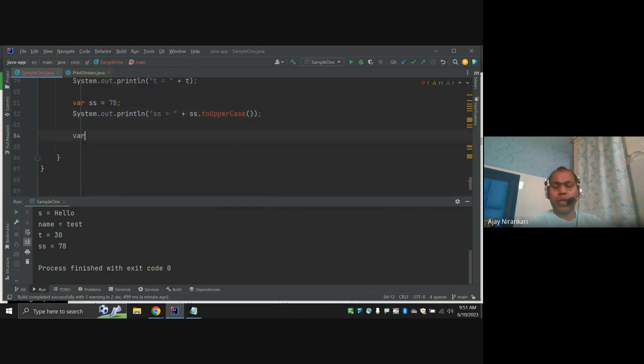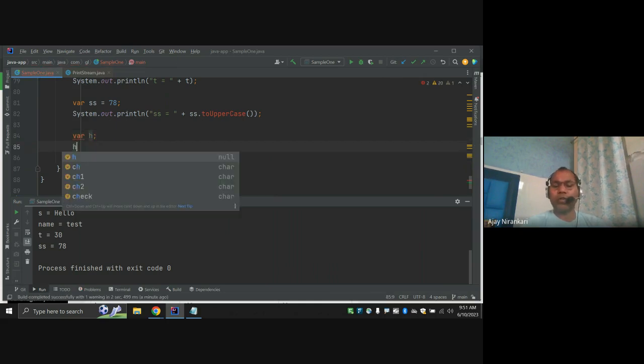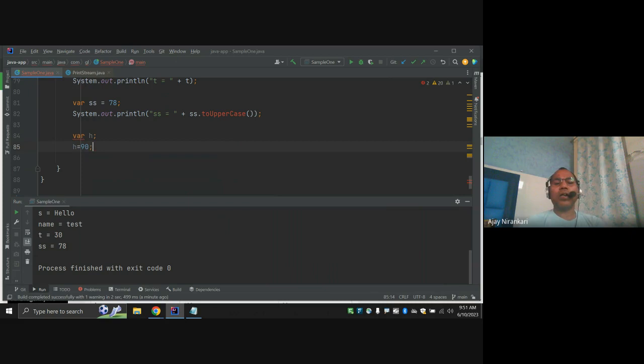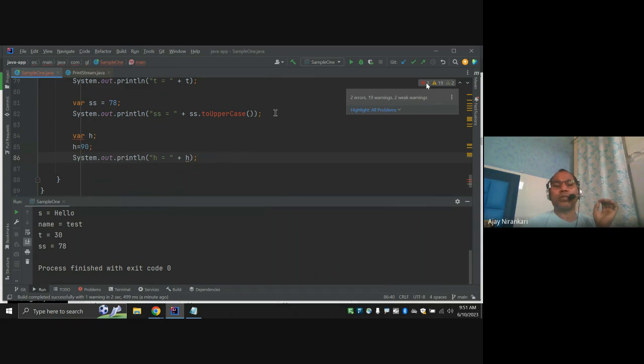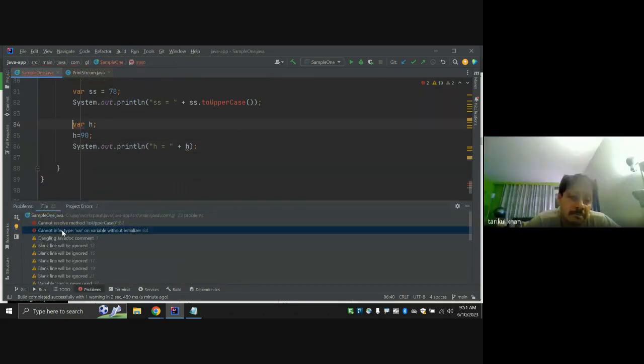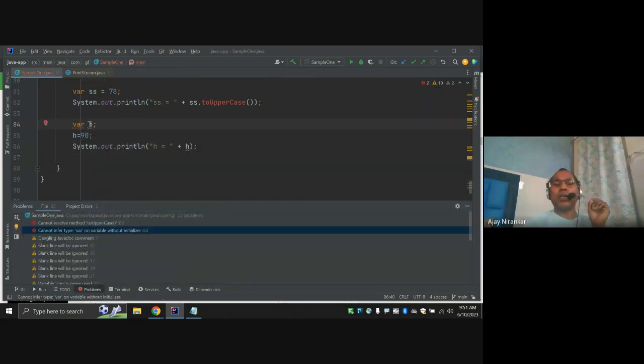Bar, I say like h here, and here I am trying to h equal to 90. These are not allowable things, right? The compiler is not happy. You cannot say first I declare the var keyword and later I can initialize the value, because